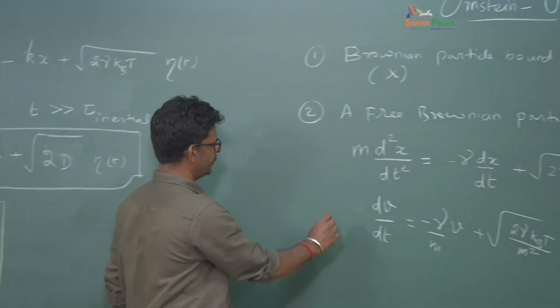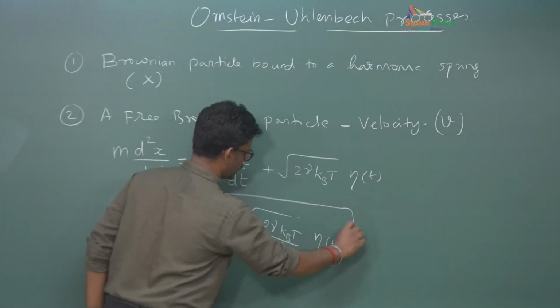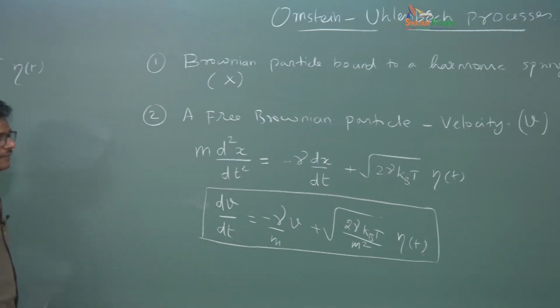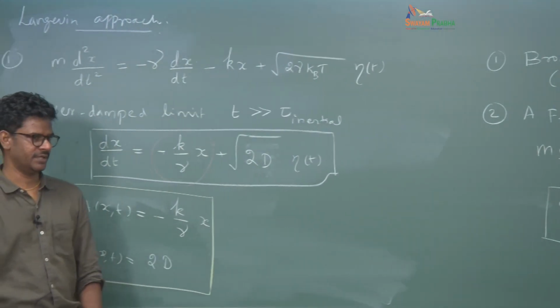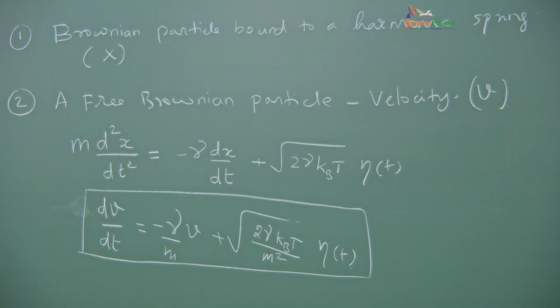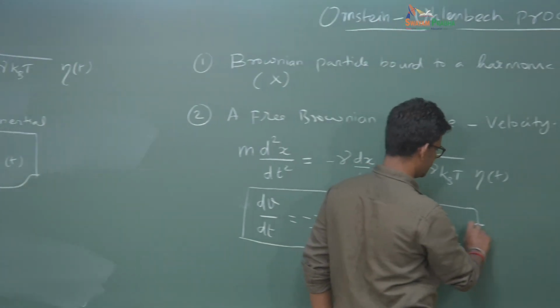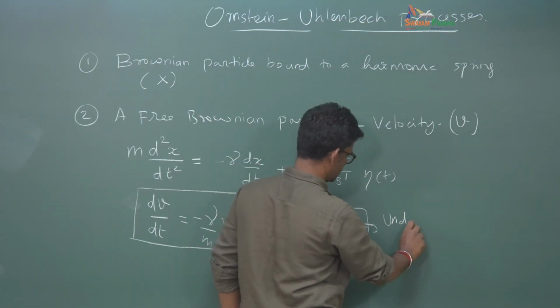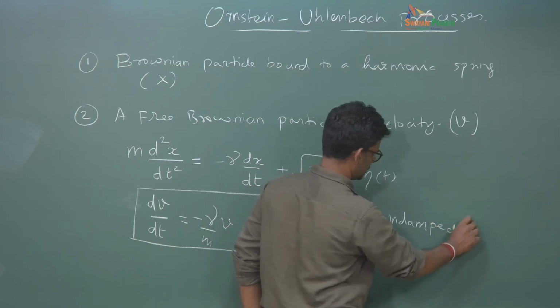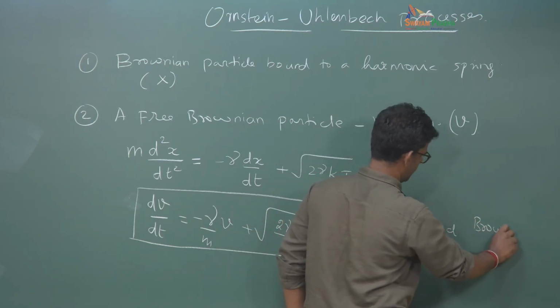So now this is going to be the Langevin governing equation to describe the velocity of a free Brownian particle. Okay, and this is something called the underdamped Brownian dynamics,